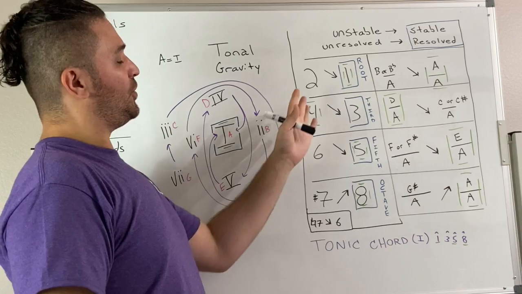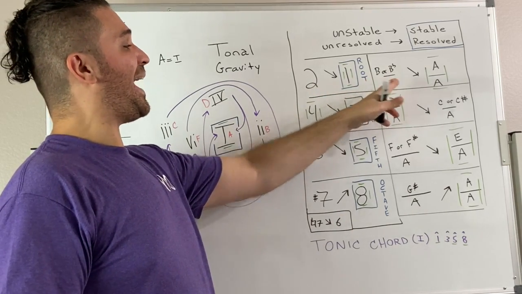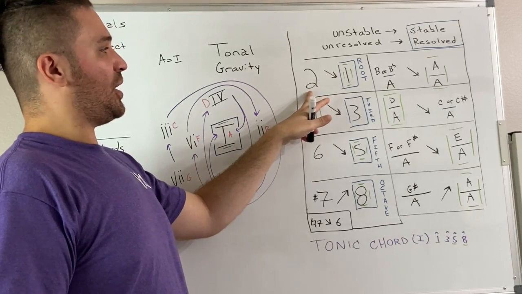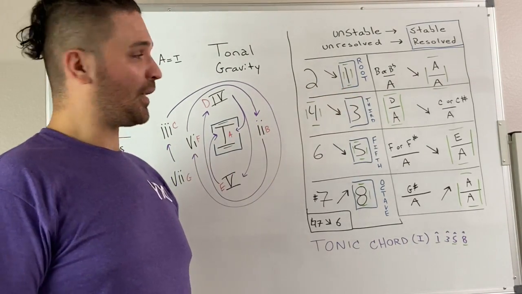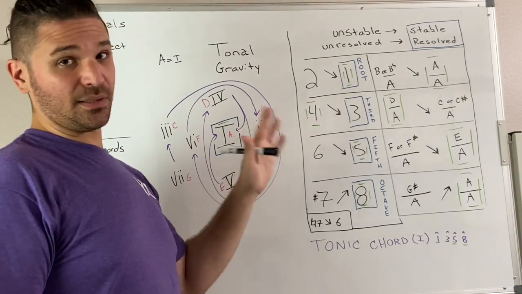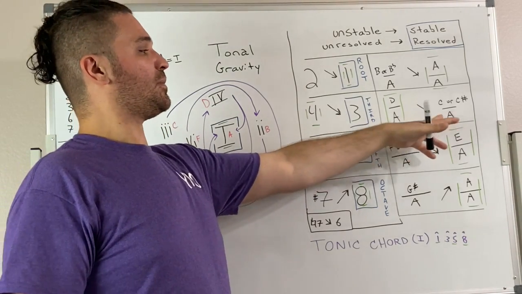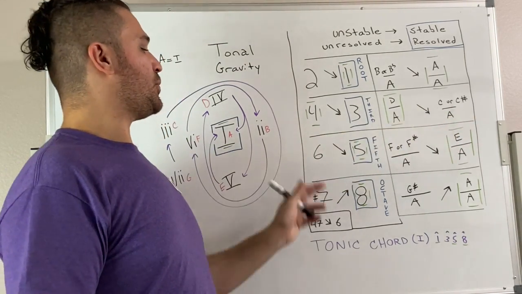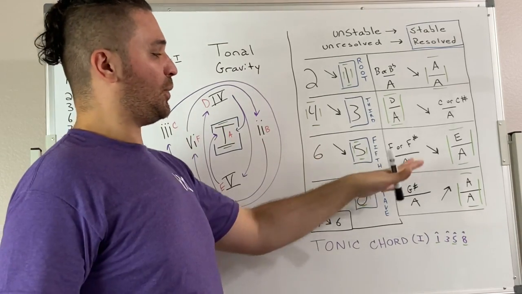As far as our notes, whenever you have a B, whether it's a B or a B flat, that's called a second, and the general tendency is for a second to resolve down into a root. When you have a fourth, even our perfect fourth is technically unstable because it wants to resolve down into that third, whether it's a major or minor third. When you have a sixth, the general tendency is to resolve down into a fifth, whether that's a minor or